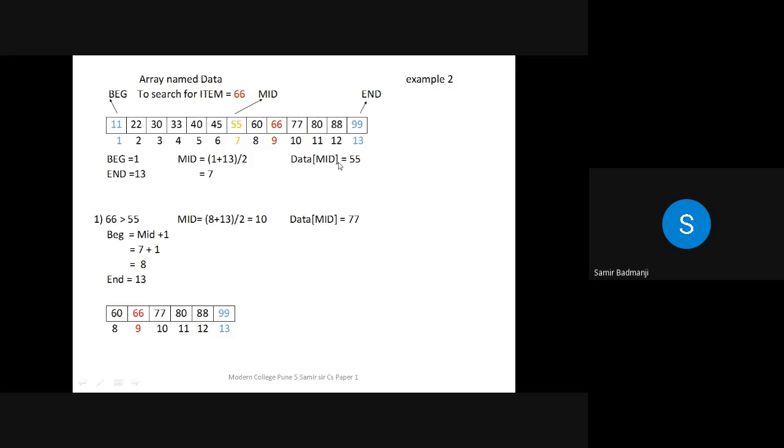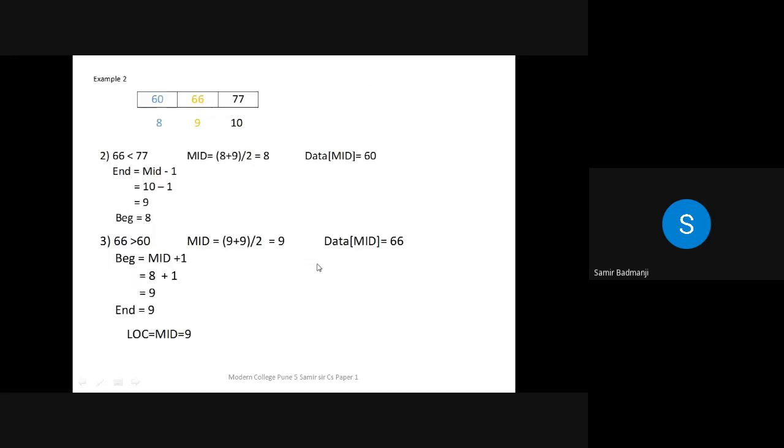So what will we ignore, right hand side or left hand side, for the next step? Left hand. See, the data mid is 77 and the element we are searching for is to the left side of it, so we'll ignore the right hand part. So again, what will happen? Beginning will be what?